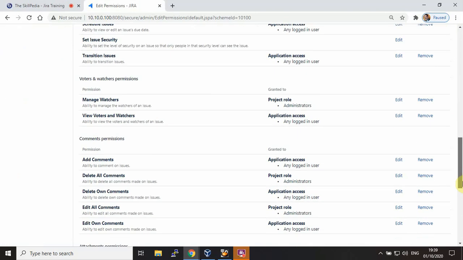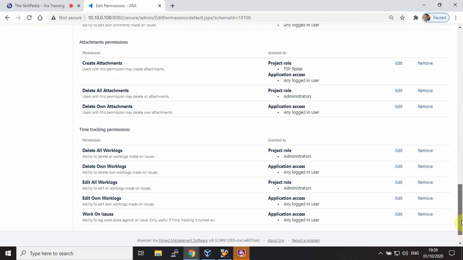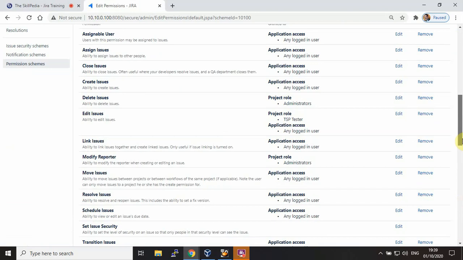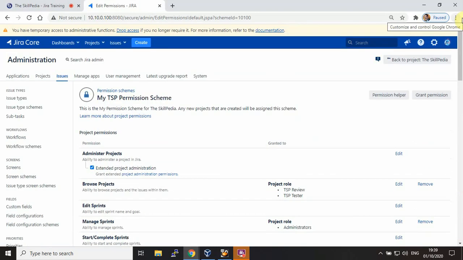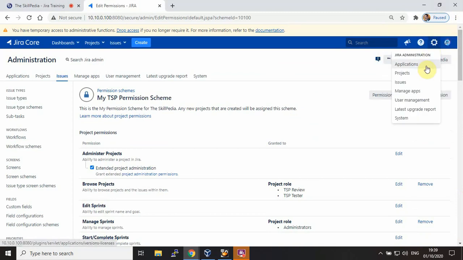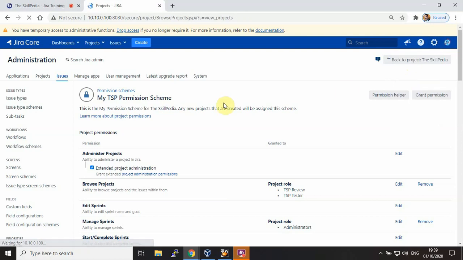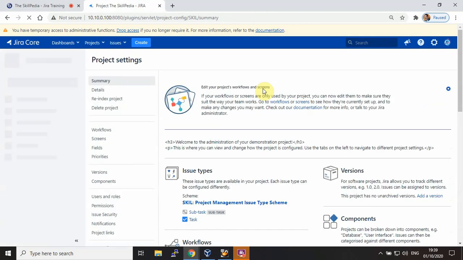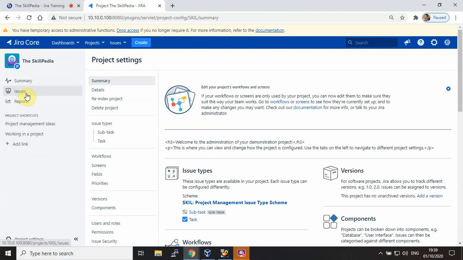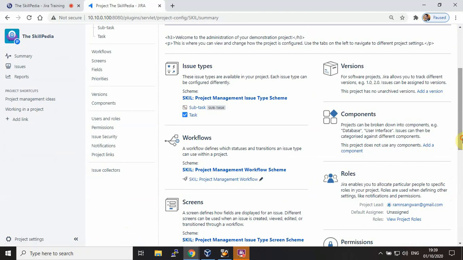And this is how you can assign the permissions, what the members, the users who have these roles, can do. Here you can remove the permissions, you can edit permissions, and you can assign permissions. So this is what you can do with the permission scheme. Now if you go to the project here, we have one project here, the Skillpedia, right? And let's look at this project now. In this project, if you see here, issues, reports, and the task re-index, screen flow, versions, and the important point is the permissions, users and roles, and the permissions.